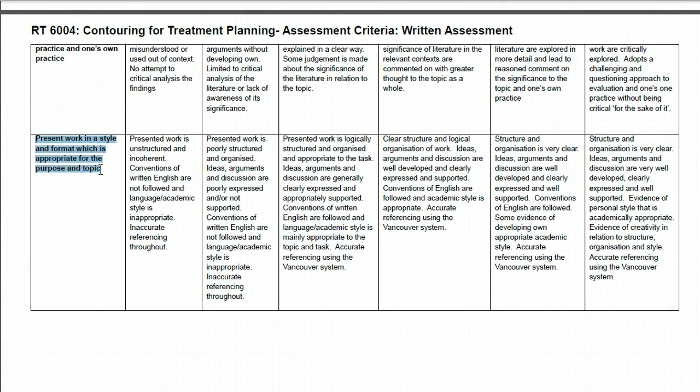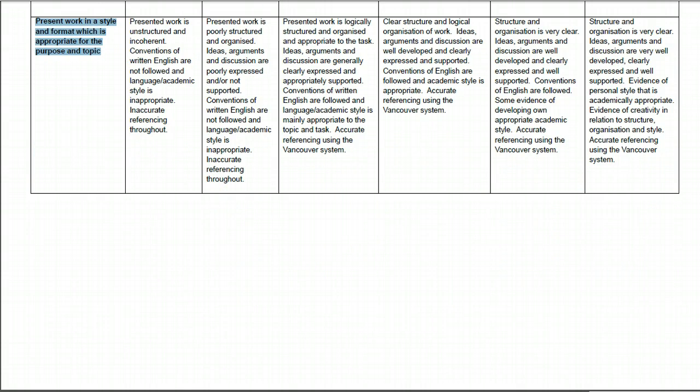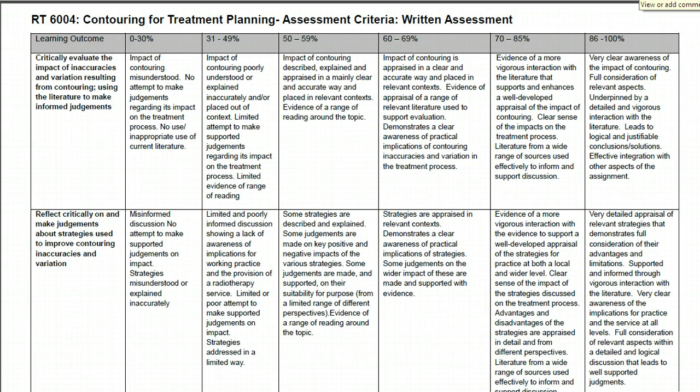Then the final section is much lower weighted, and it looks at how your work is presented, is it referenced properly, and that the style and format you've used is appropriate to the topic. And again, you can see this is about referencing, clear structure, good scientific writing. So that should give you a good overview of what I'm looking for in the assignment based on the different grades. And the big thing is looking at the literature,